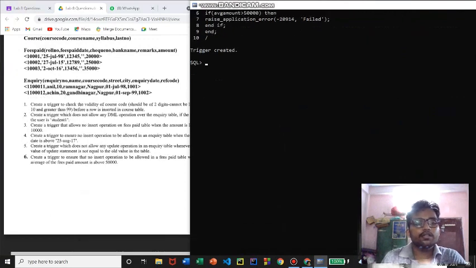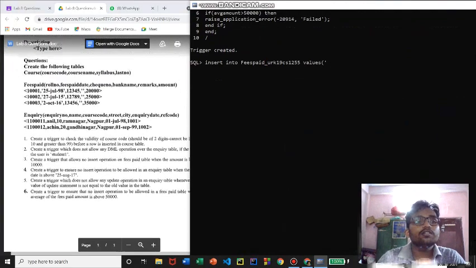Now we'll check the trigger by inserting some value such that the average of the amount is greater than 50,000. I will check if the trigger is fired or not. Insert into fees paid values, and here the first one is the roll number.